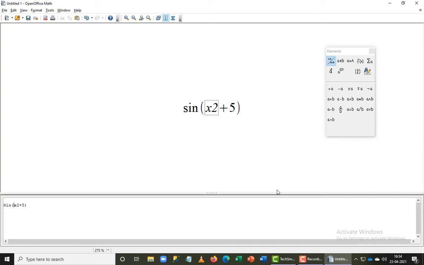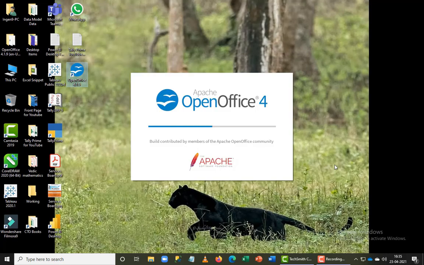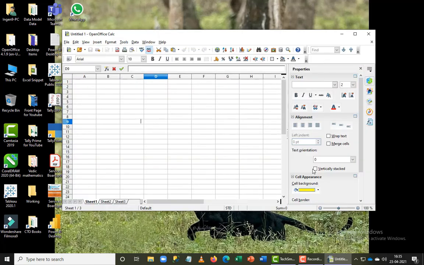So probably when we want to type something in here, I think this Open Office Math will be a very useful tool for us when we are working with Open Office. And I even saw a spreadsheet here. It was a good looking one. It is good looking, and it typically looks like our 2003 Office suite.